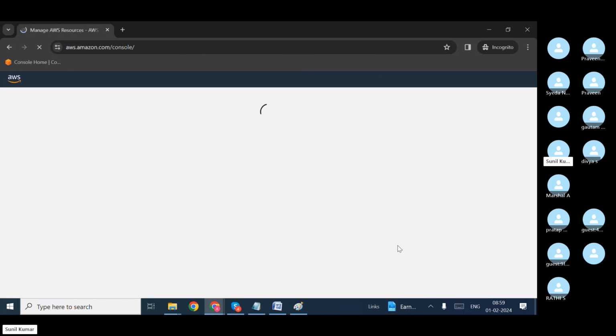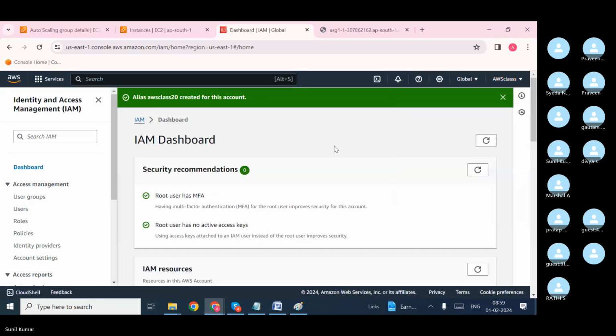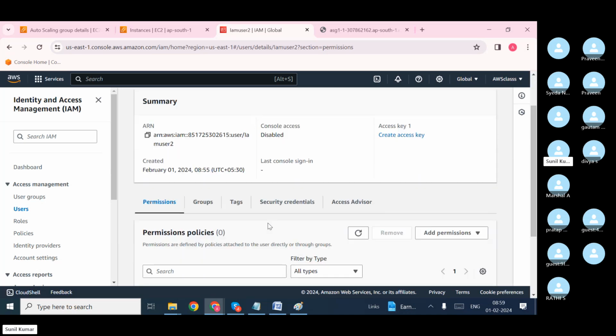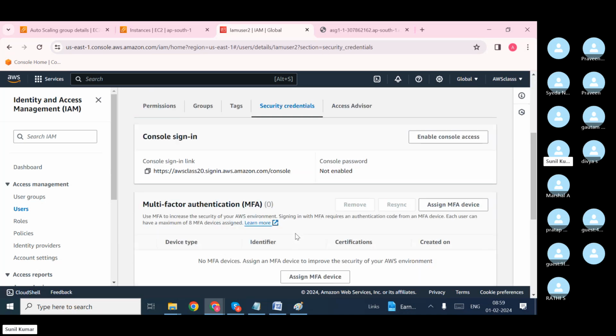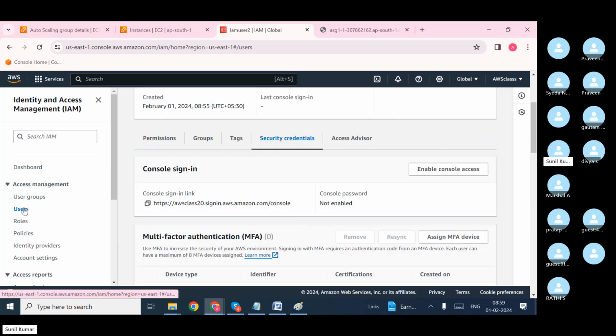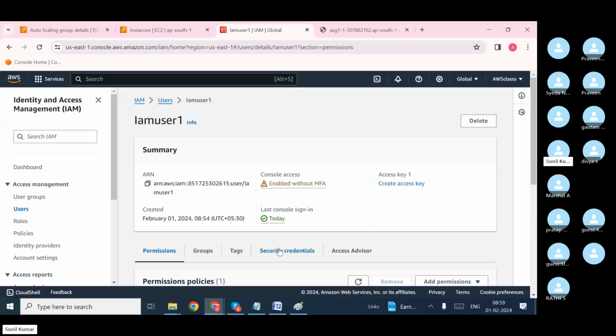We are running out of time. But the second thing, I just wanted to go with the second user. That's all. Sorry. But I am a user too. I don't have a password or anything to use. So what you can do is go to security credentials. Let me come back to user one first. See, in user one, if you go to security credentials,